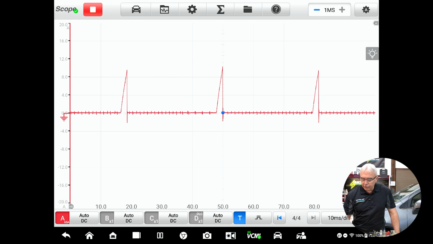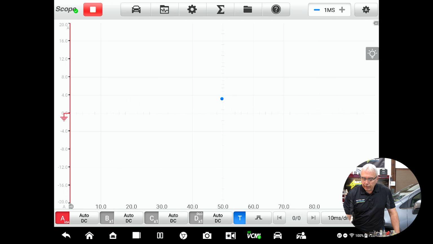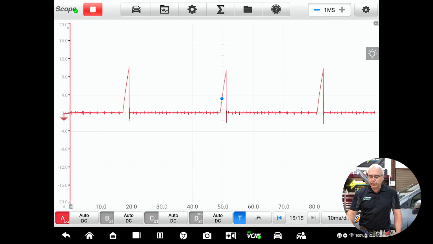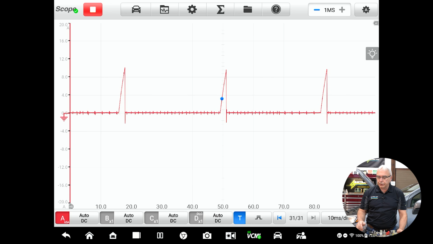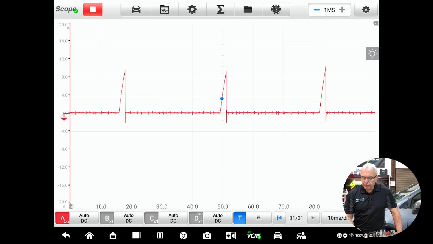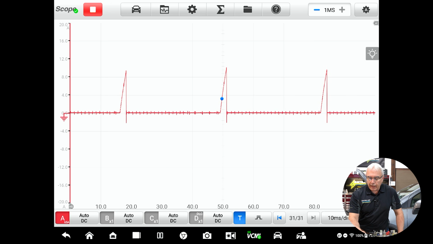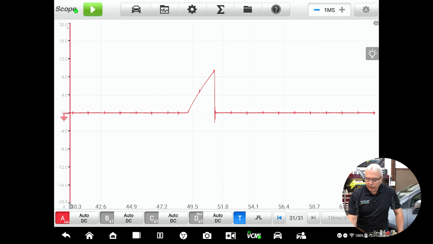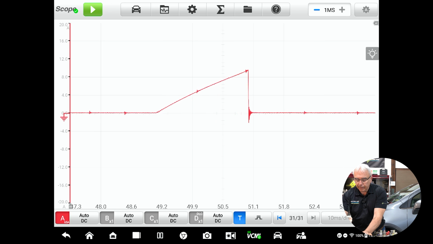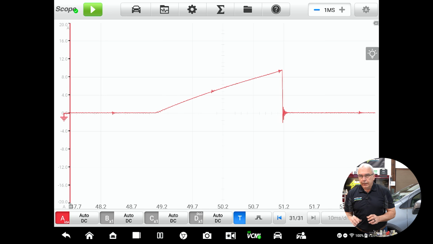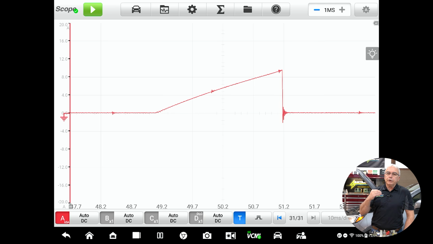I'm going to turn my trigger back on, because now that I've got the waveform acquired, I can lock it on the screen. Now what I'm going to do is stop the pattern, and zoom in on a certain section here. Okay, so as you can see on the screen, when I first start ramping up that coil, there's a lot